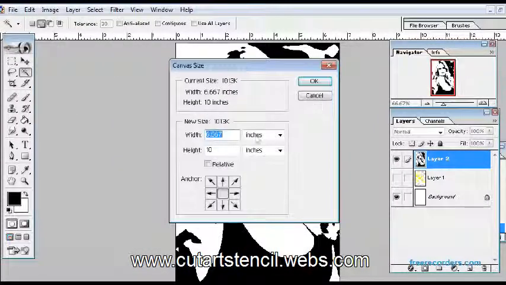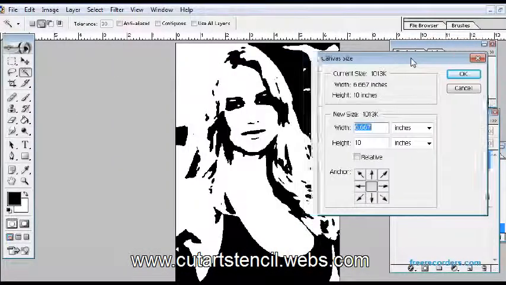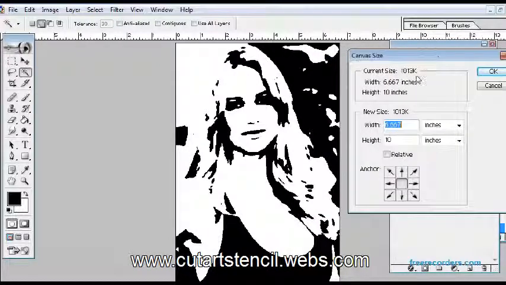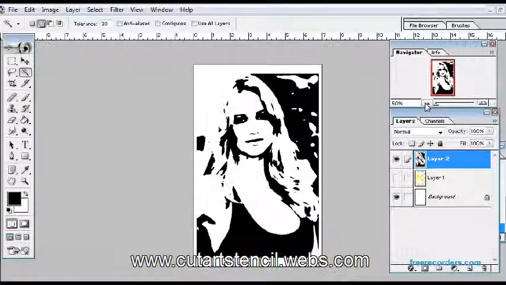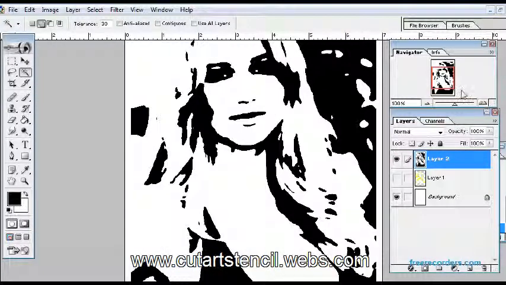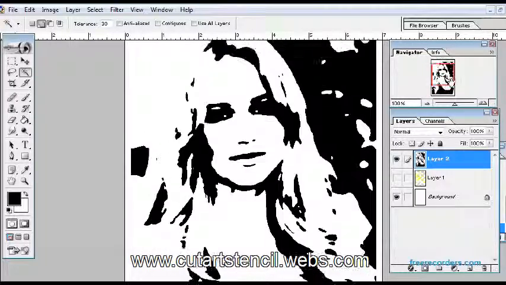The next thing you do is increase the canvas size so that you get margins on all the edges to work on the white margins. Increase the canvas size a little bit on both the sides, and you can now see white edges on all the sides, and your black part in the middle of this image.